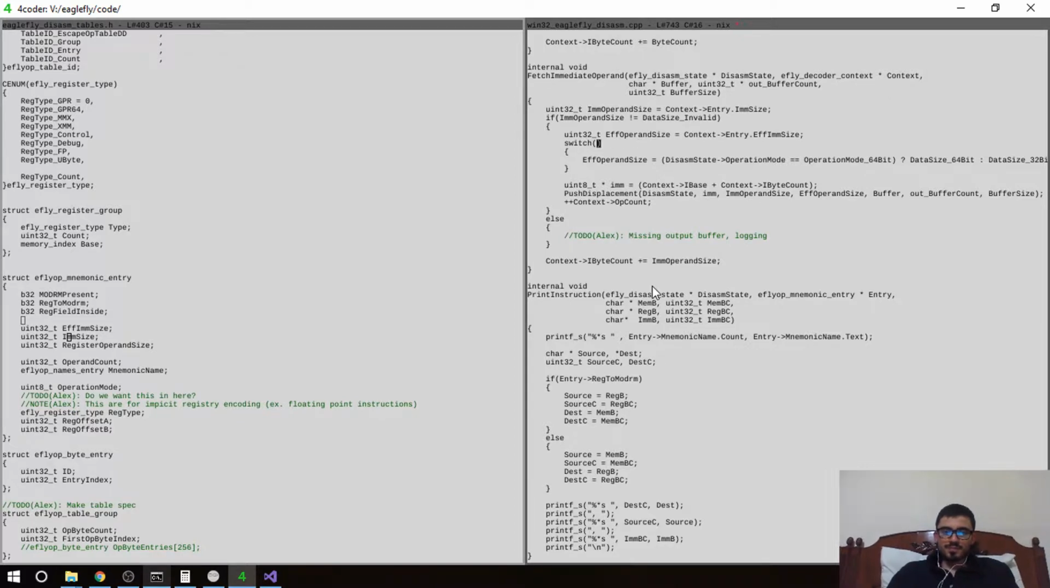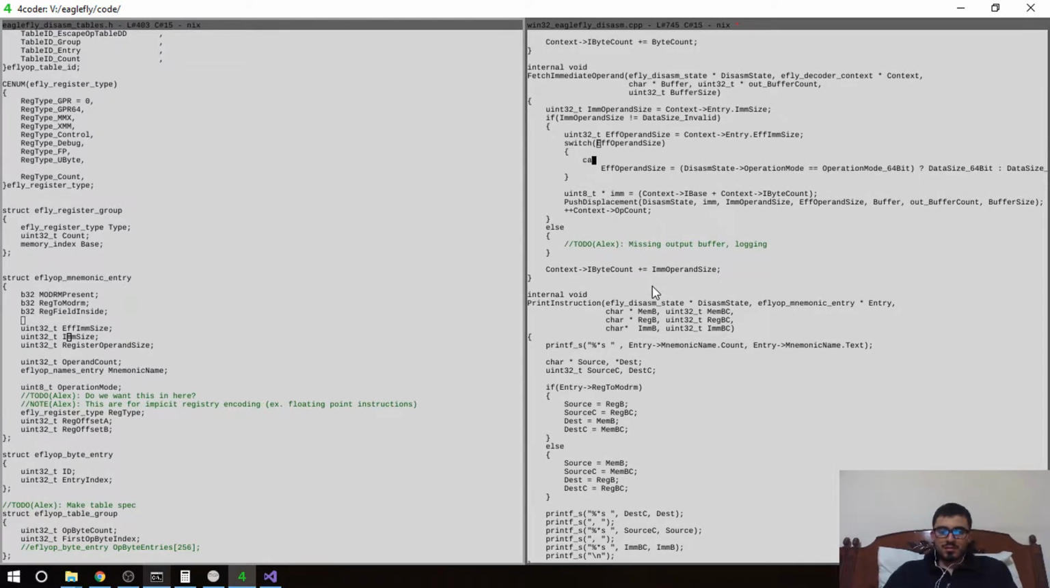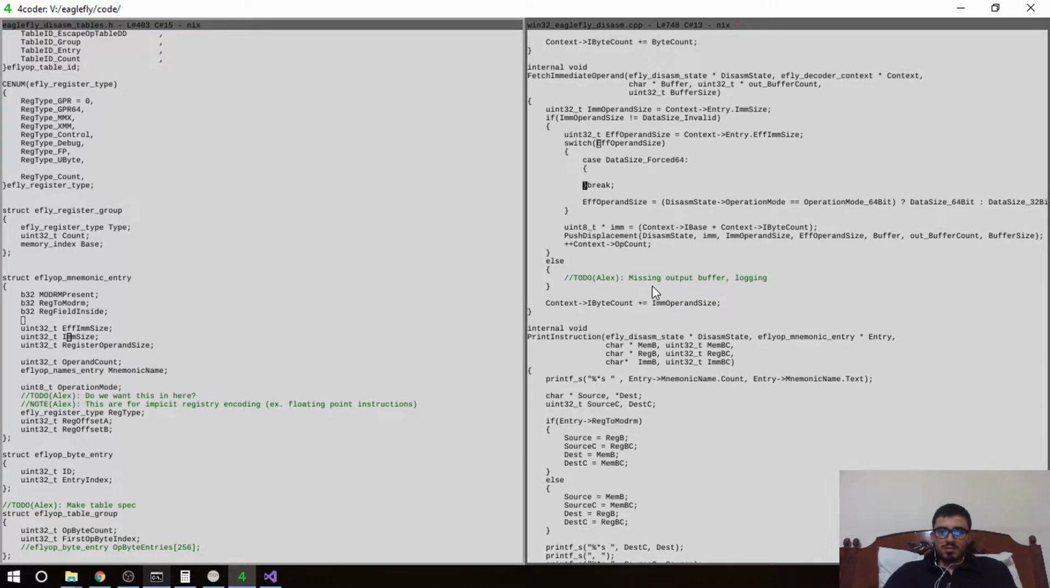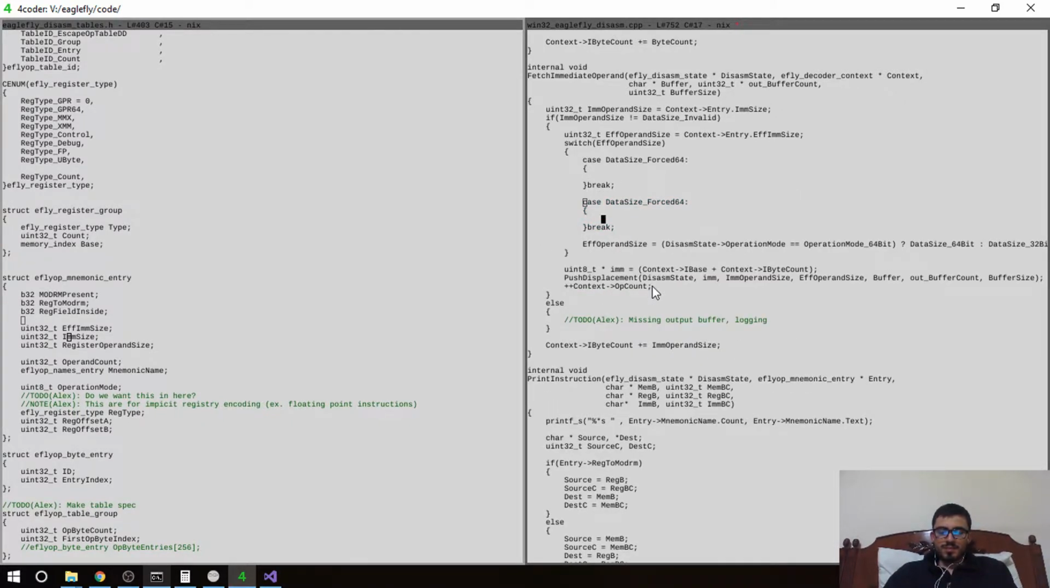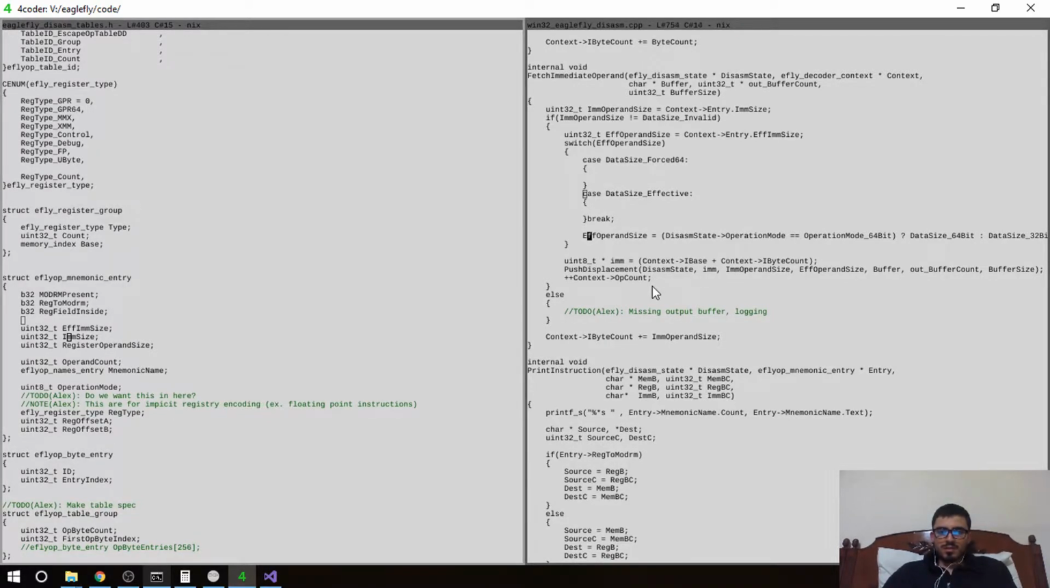Let's say the switch case, effective operand size, data size, effective, I want to say address, data size 64, case blah blah blah, data size, effective, and then